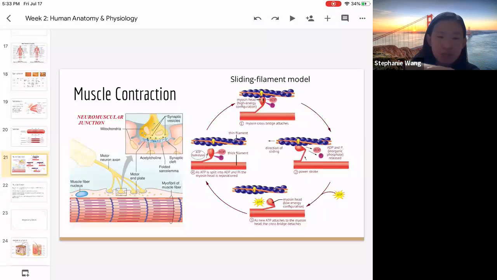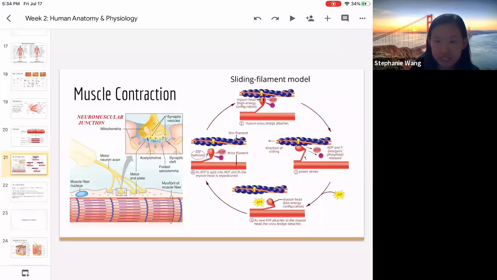The neurotransmitter that controls muscle contraction is called acetylcholine. You probably have heard of that before, but basically these acetylcholine molecules will bind to the acetylcholine receptors on the bottom part. Once they bind to the acetylcholine receptors, it causes an influx of calcium to depolarize